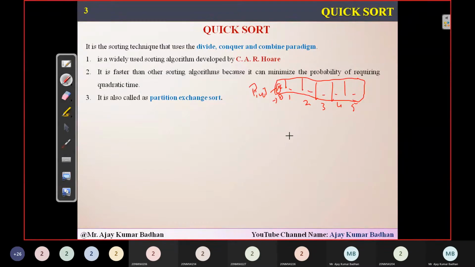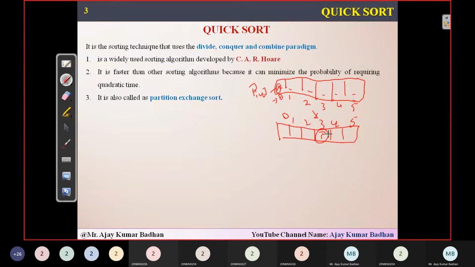How we can divide is nothing but we'll simply compare them. We will be comparing these elements with that pivot point. Let us suppose after comparison and swapping, you got the pivot point in this particular location, that is at location 3. Initially it is present in location 0, but after applying this algorithm, we got the exact position of that pivot point at location 3. Now what does that mean? This is after pass 1, first iteration.